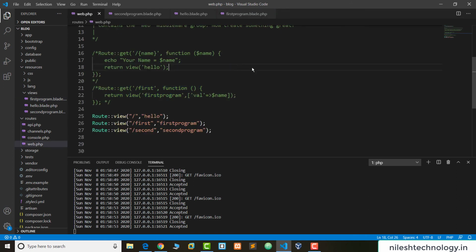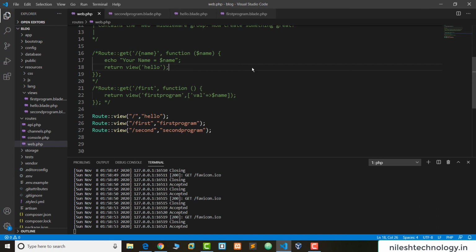Blade is a simple yet powerful template engine provided with Laravel. Unlike other popular PHP templating engines, Blade does not restrict you from using plain PHP code in your views. In fact, all Blade views are compiled into plain PHP code and cached until they are modified, meaning Blade adds essentially zero overhead to your application.